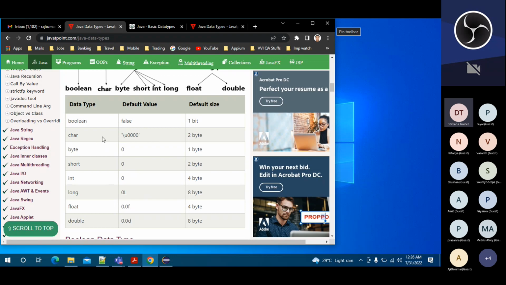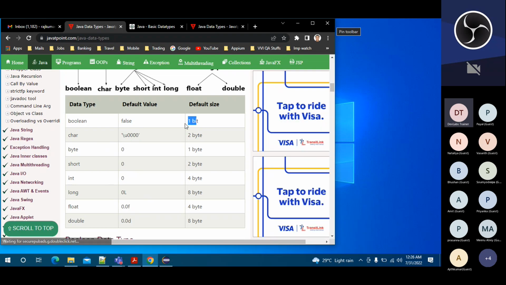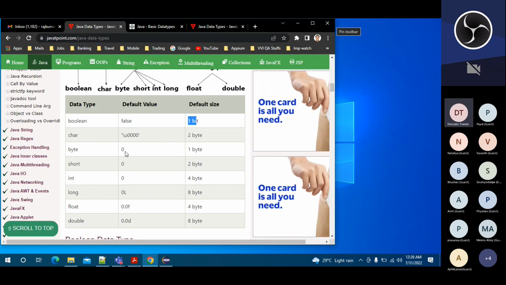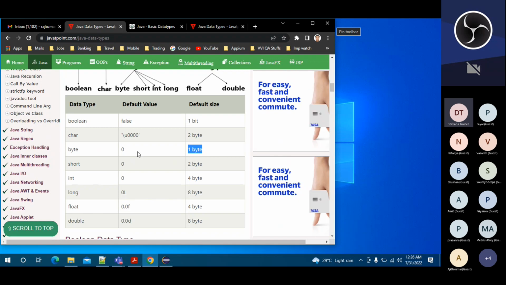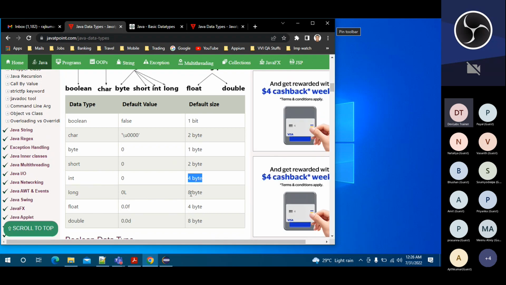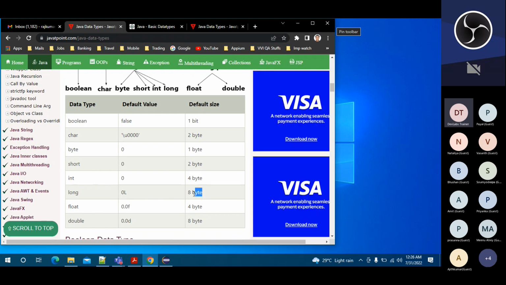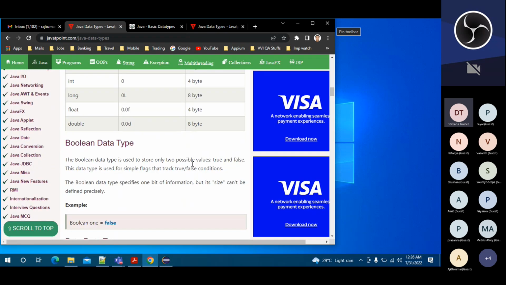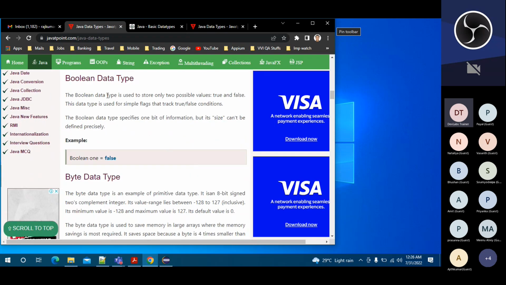Boolean is false, character is this much, 2 byte, it is 1 bit only, and byte is 1 byte, by default value is 0, short is this much. So you can like put 2 to the power 8, then whatever the number will come, you can assume. This is the float is 4 byte, double is 8 byte. So need basis you can check, and some examples they have given,